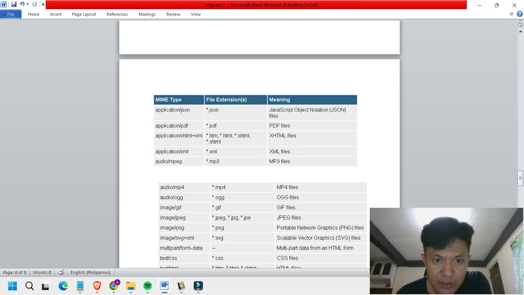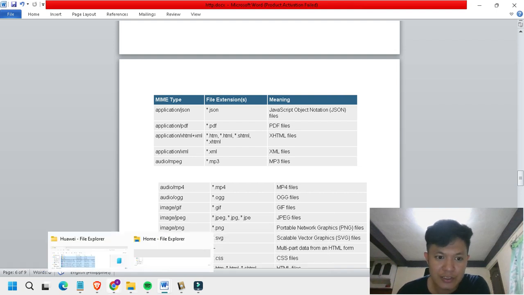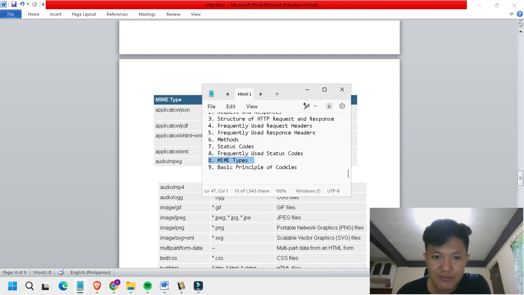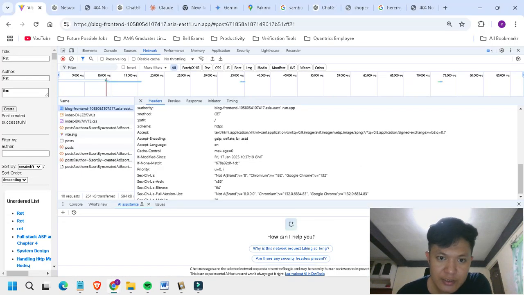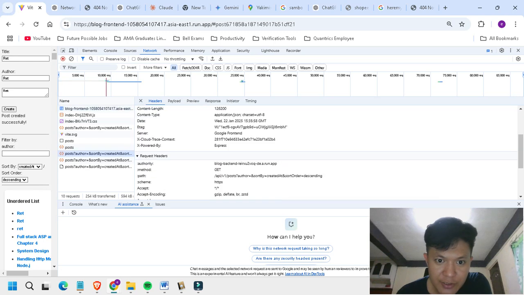Basically, this is one of the examples: application slash JSON. It means a JSON object. So I'll show you an example of JSON objects later in the next videos as well. But let's see if there's a MIME type here.